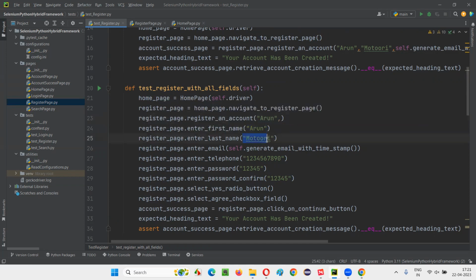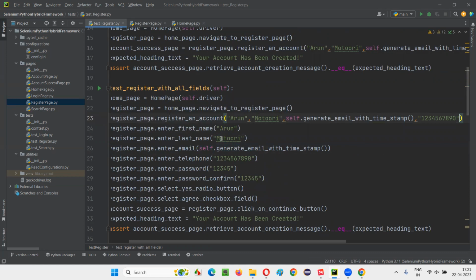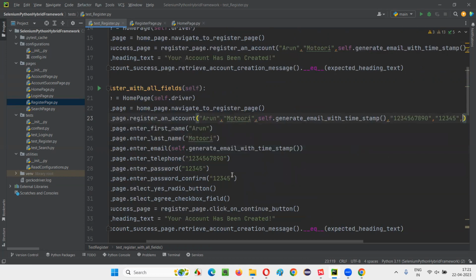Arun, first name, last name, email address, email address, telephone, then password, password confirm,